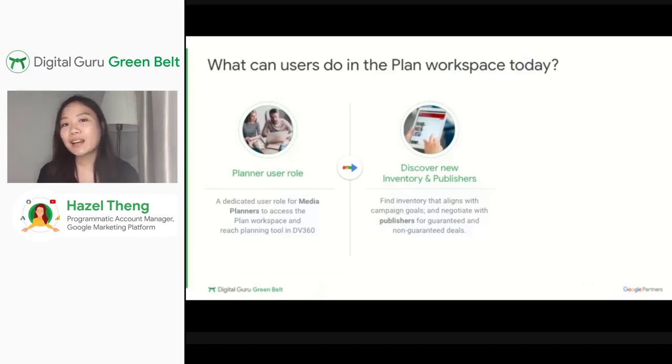We understand that there are specific roles and responsibilities within the agencies, and traders do not necessarily want users to go in and accidentally change campaign settings, right? So the planner role would allow media planners to plan on the platform without having write access and impacting live or upcoming campaign setups. In conjunction with the plan workspace, the inventory discovery tool on DV360 allows you to